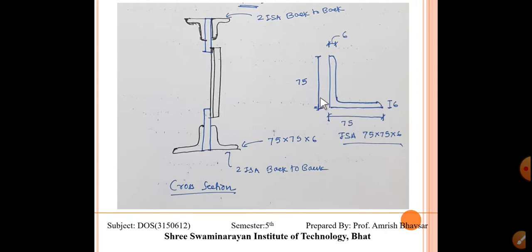In this case, we are going to use an equal angle, meaning this is 75 and this is also 75, and the last digit indicates that the thickness of this member is 6 mm. So dear students, for designing any structural member with steel, we must be aware of the steel table, and we have that steel table's criteria for designing any members.